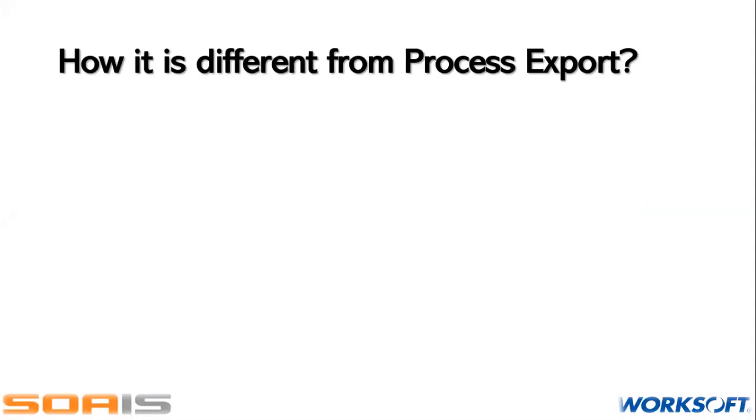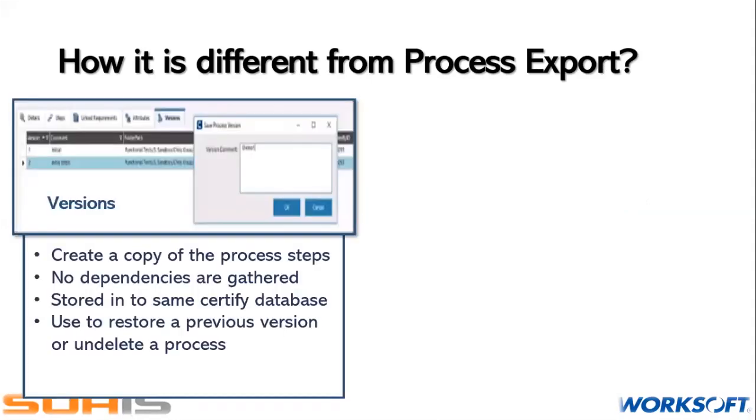We already know the process export. If you don't know, I can tell you what the process export is. Before process export, we already saw some practical things in process version, and some theoretical portion. So this is a summary of the process version. It creates a copy of the process state and no dependencies are gathered. No dependencies are gathered means,